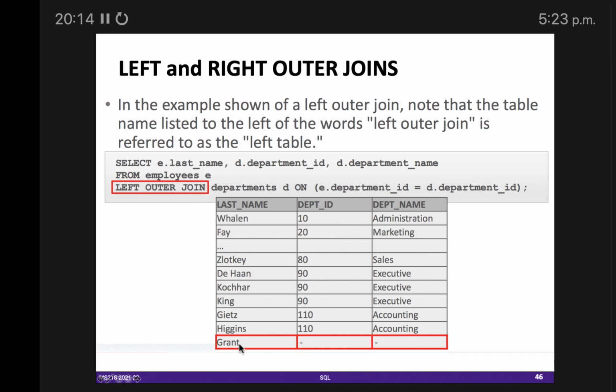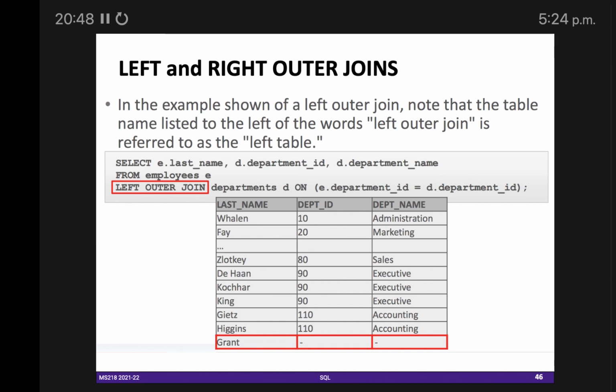Same is the case with this last name Grant. So you can see there is no department ID assigned, so that's why we are not getting any department name. So this is because of left outer join. So in short, left outer join is just like that. You want all matched rows of the left table and unmatched rows as well, so that you can know which rows are not matched with that other table. So this is left outer join.